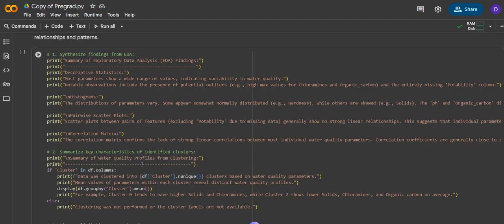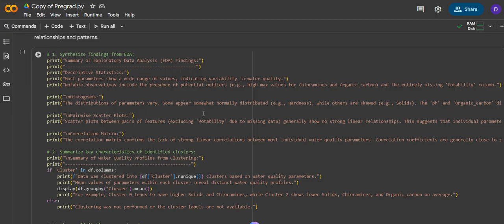That means the water quality is not dependent on one particular thing, but on multiple things. Next, the histogram shows the distribution varies,